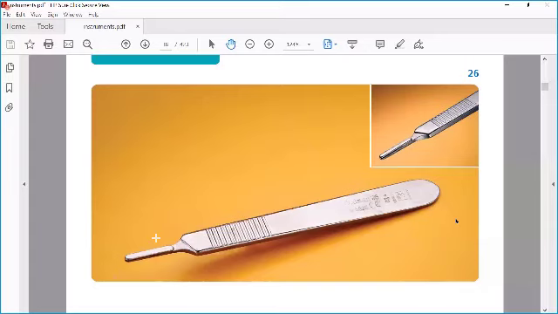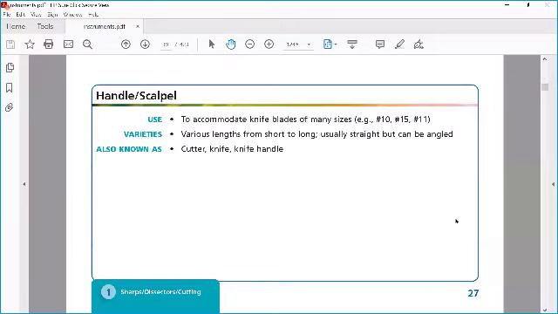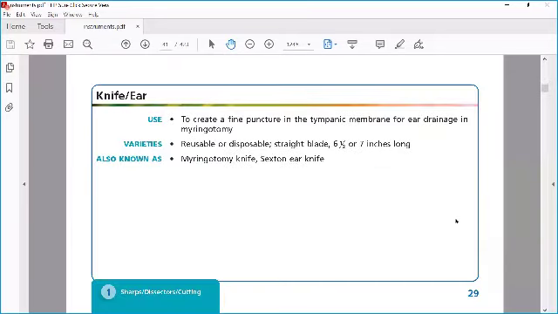So remember 11 number, you guys can note it, 11 number, 15 number, 24, 23. These 4 blades are important. Again, I'll repeat, 11 is a stab knife, so it is a very sharp, pointed sharp end. So 11, 15, 23, 24. You remember those things. The blade, they will ask you what number is it.